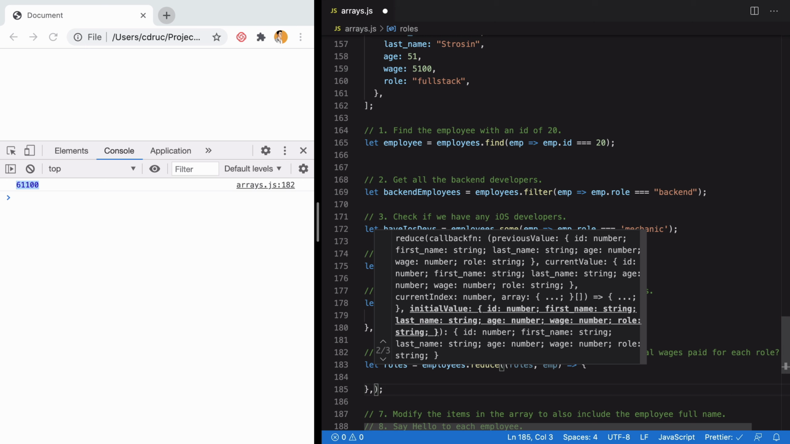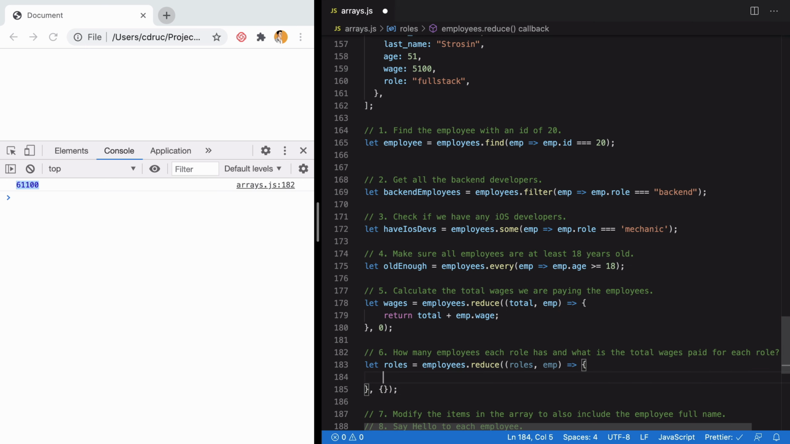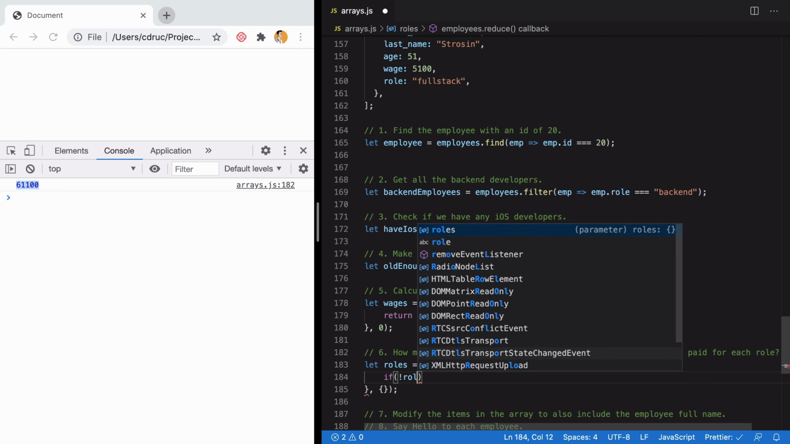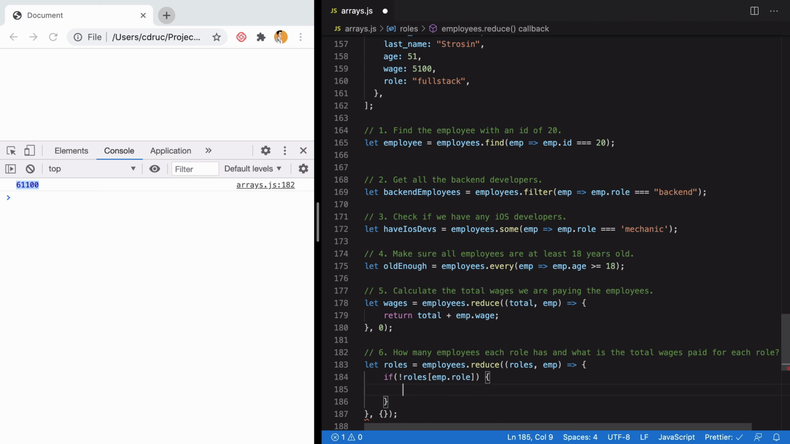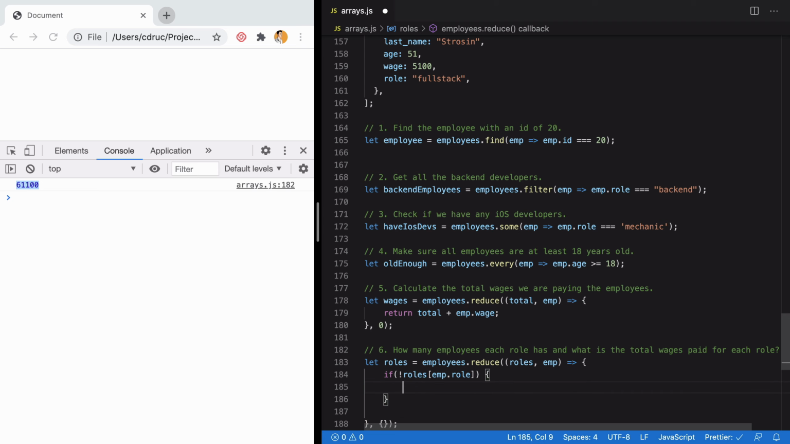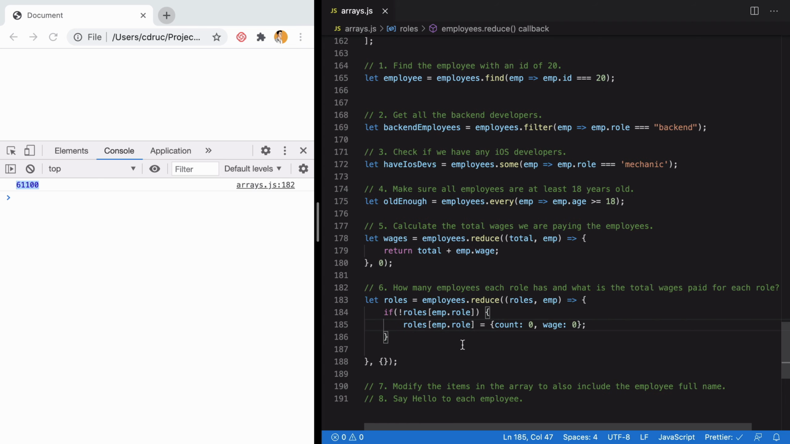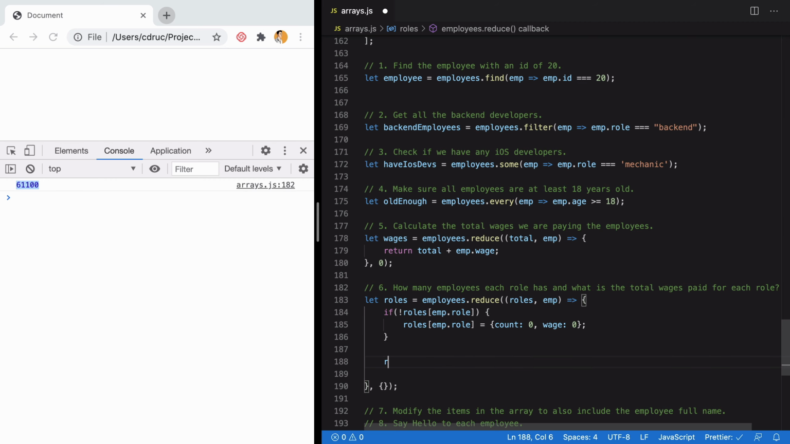And the initial value of the roles will be an empty object. The first thing we need to do is to make sure the roles exist. So if roles of employee.role doesn't exist, we need to give it a default value. So roles[employee.role] equals count, which will be the total employee count for this row, and wage, which will also start at 0. So if this employee role doesn't exist, we create it and give it a default value of an object with count and wage 0. Then we need to increase the count